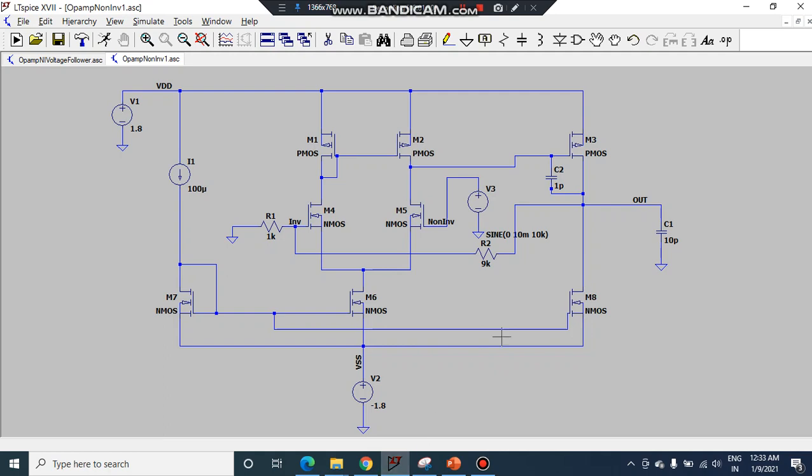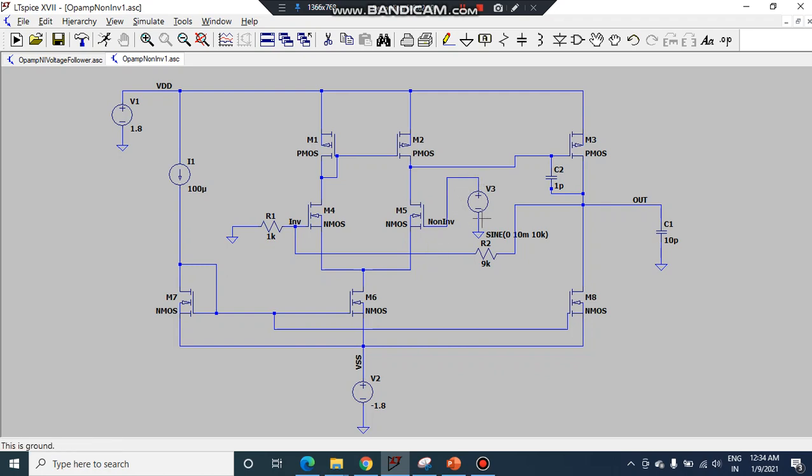So here I have connected my output node to the inverting terminal, and the feedback resistance is having the value of 9K, and the another resistance which must be connected to ground because it is a non-inverting amplifier is of 1 kilo. So what must be the gain here? It is 1 plus feedback resistance divided by this resistance. So 1 plus 9 by 1, which is equal to 10. So the gain here must be 10.